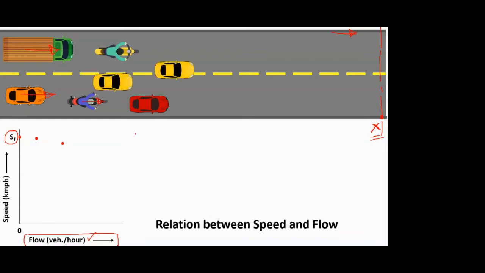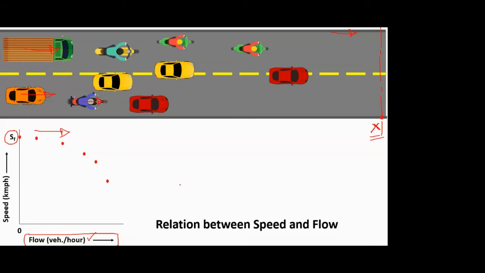Okay. So as I go on adding vehicles, or as vehicles start arriving into the road stretch, the speed value goes on decreasing, and you can see the flow value is increasing. The point is moving in the right direction, towards the increasing side of the x-axis, because all these vehicles are ultimately passing this point X. It's just that I am not showing you the moving picture, I am showing you the stationary picture. Again, I add some more vehicles, the speed value decreases, add some more, the speed value goes on decreasing.